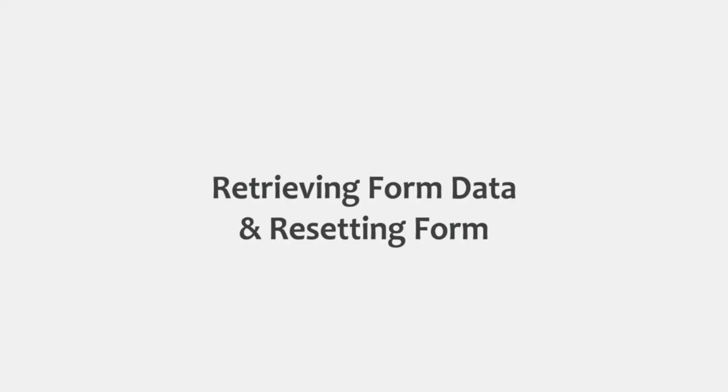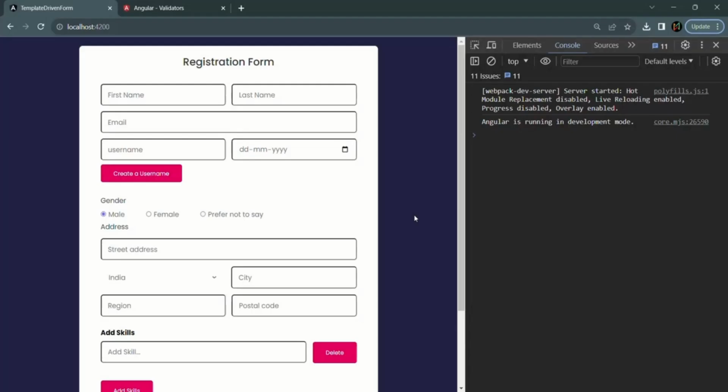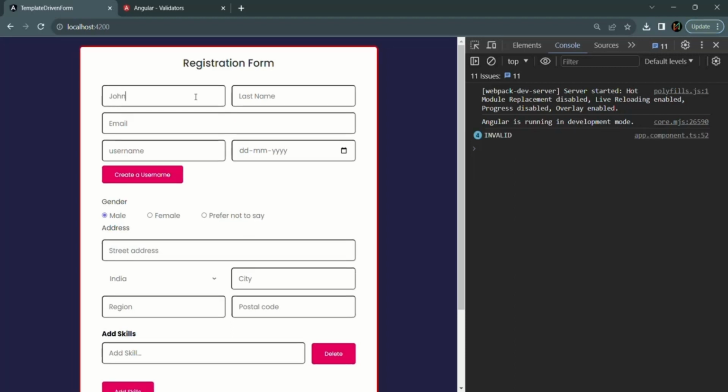In the final lecture of this section, let's learn how we can retrieve form data from the reactive form and also how to reset a form after the form is submitted. So in this reactive form, if we go ahead and enter some data in each of the form controls,